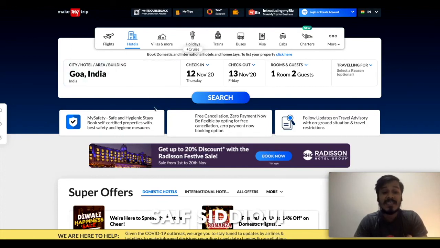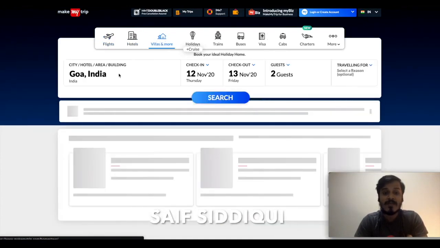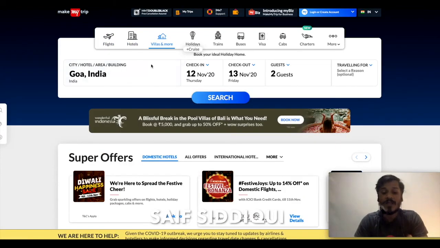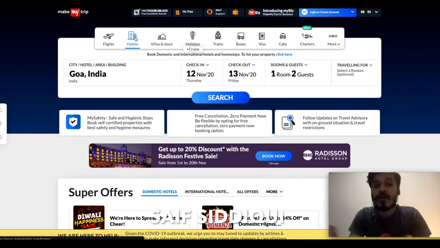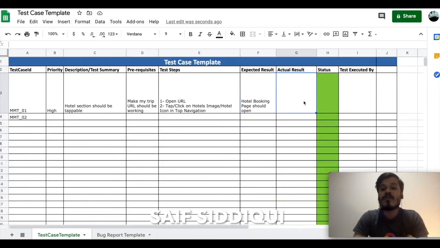Because this is the requirement, I need to see city, hotel, area, building on the hotel booking page. This is the hotel booking page. This is the flight booking page. This is the villa booking page. Likewise, you can differentiate all the pages that you have, and you can write the test case for that. So the actual result for me will be